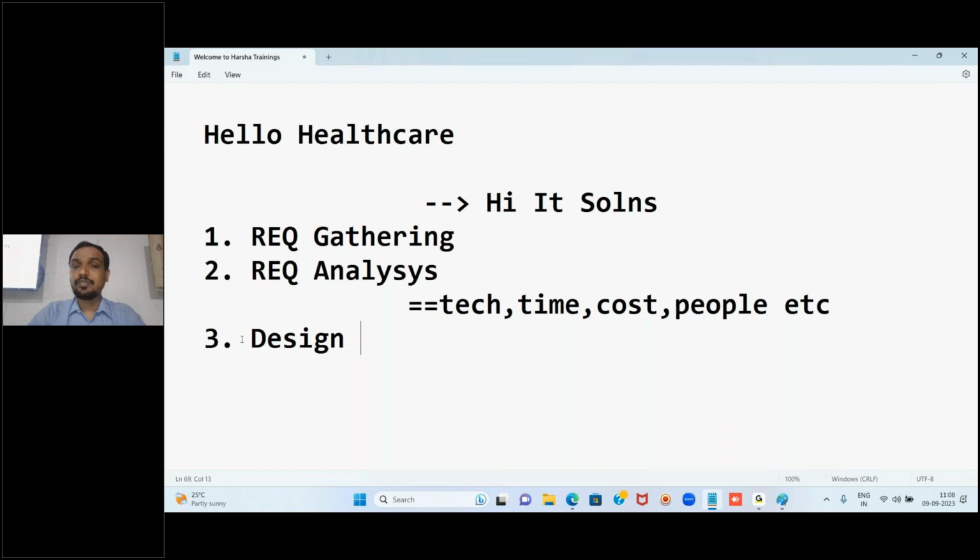Designing means here the senior architects will be there. And architect means, generally outside, if you are talking about buildings, there will be an architect. He will be giving the plan. He may not be doing the building, but he will be giving the plan. After that, other people will build the buildings. But first, one architect will be there. On paper, he will give the plan. So like that, for software projects also, there will be architects.